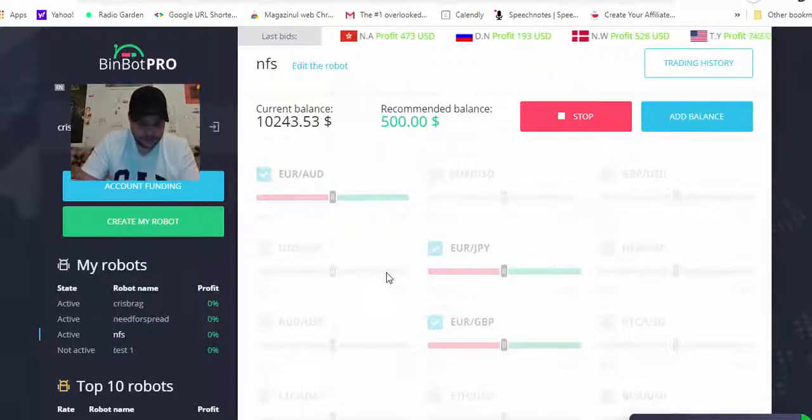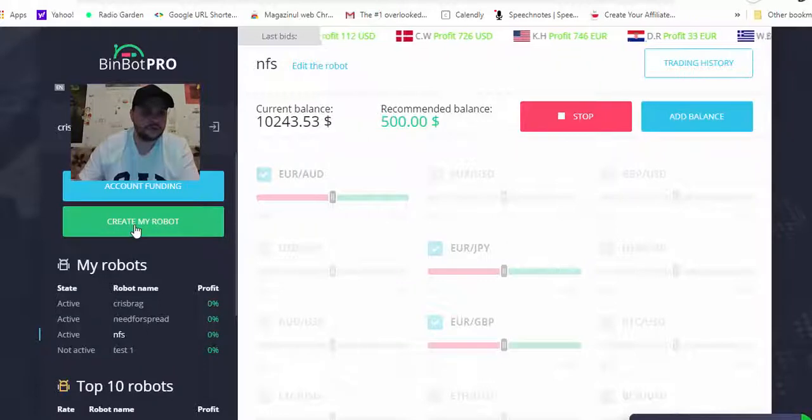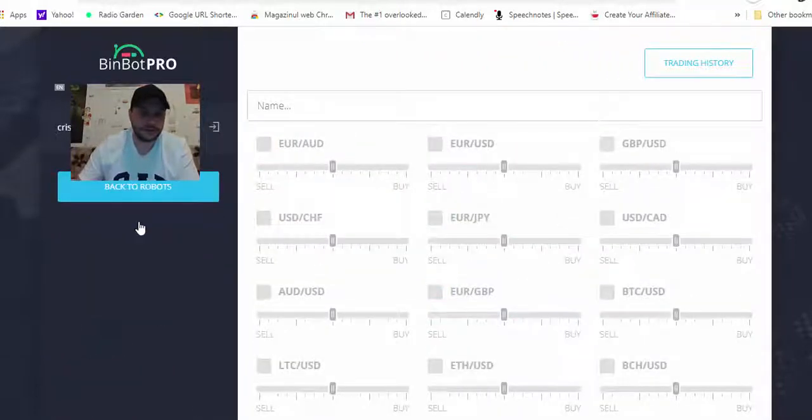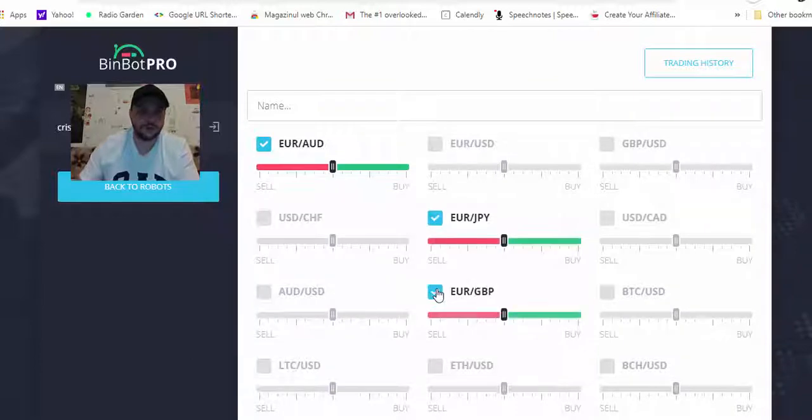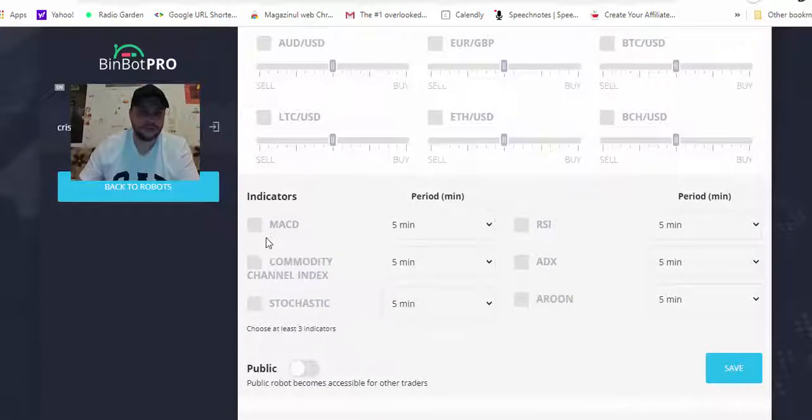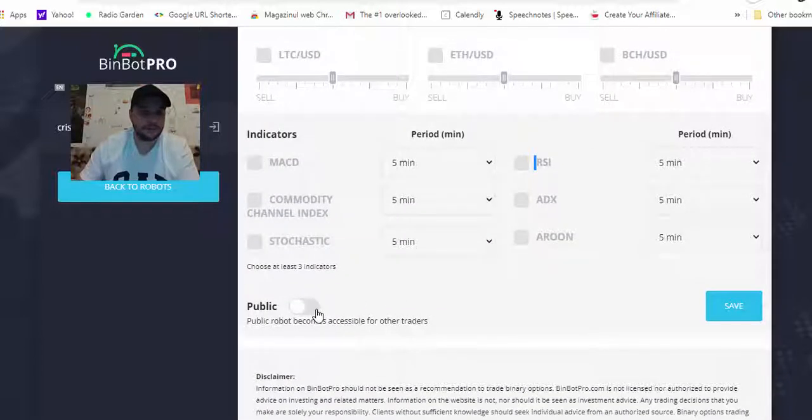So how can you make your own robot? Let's have a look here. You have to click on Create My Robot. You need to choose a name, choose the asset you want your robot to use, and also choose the indicators: MACD, commodity channel index, stochastic, RSI, ADX or Aroon, and the period: 5 minutes, 15 minutes, 30 minutes. Then you click on public and click on save,